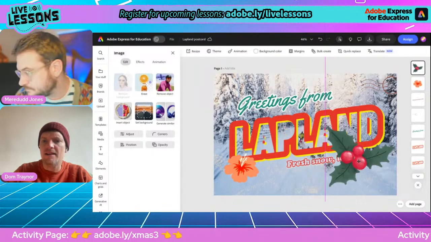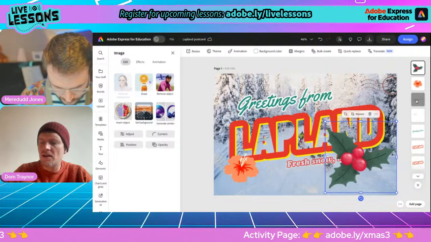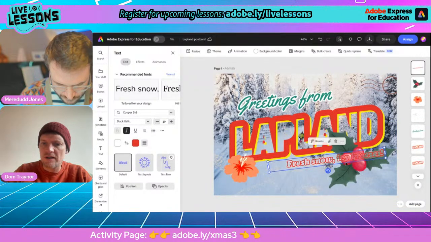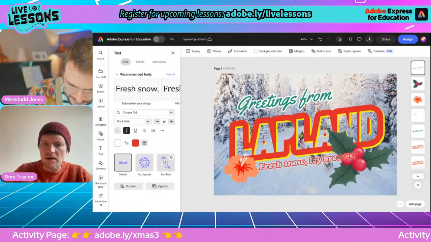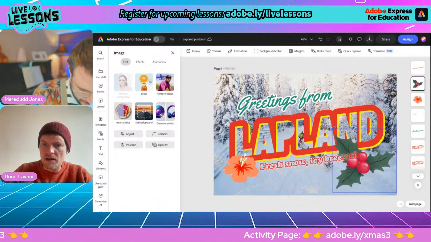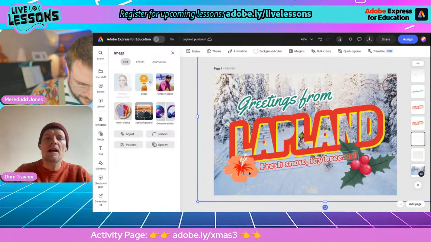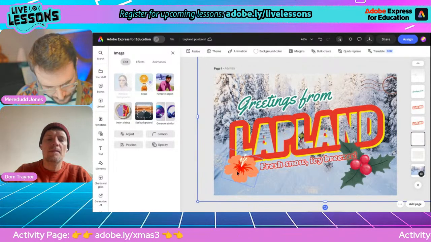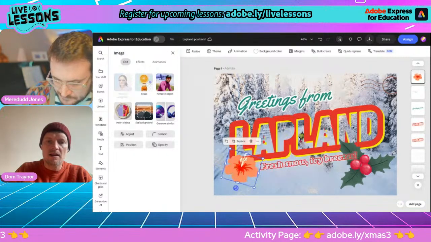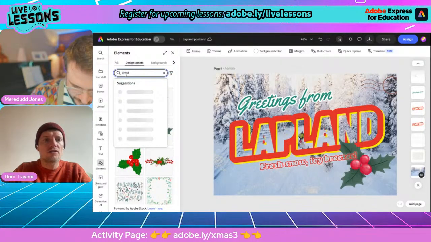That's nice. And then maybe I can bring fresh snow to the top. Ooh, gosh. A lot of work to do here. Maybe that fresh snow, icy breezes is going to have to go in the middle more. Maybe I can bring that down. Nice. Okay, cool. And then for this kind of lovely flower, which is native to the Hawaiian Islands, I'm going to take that off. And then in design assets, I'll go for Christmas